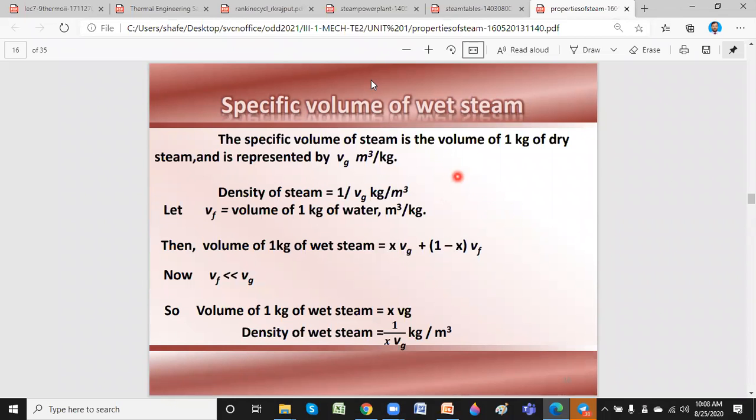So this is the thing about the properties of steam, how you can take them from the steam tables. Maybe after another 10 minutes, we will join again, and I'll take you straight away to the Rankine cycle or the vapor cycle. Then we'll discuss some problems, and while seeing the problems, I'll tell you how to read the values from the steam tables and how to calculate the efficiency and all those parameters. I'll stop here, and we'll meet maybe in another 10 minutes. Okay, thank you.